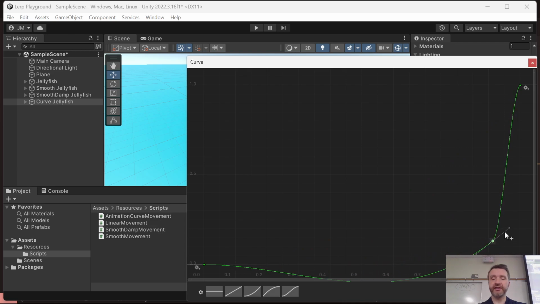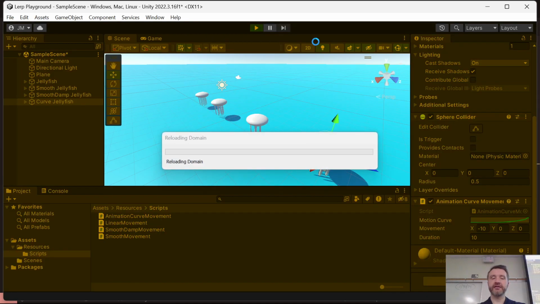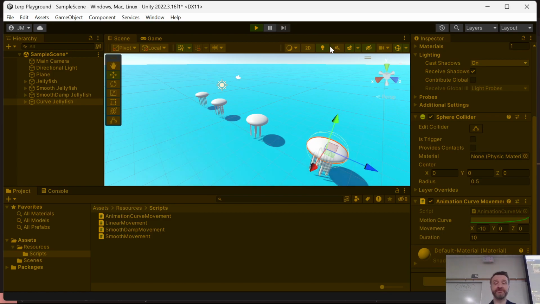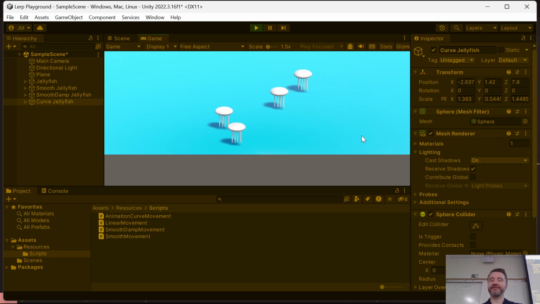Can add a little key here. And now that fourth jellyfish will not do a whole lot, but then as time goes on, it'll ramp up a lot, ramp up fast,